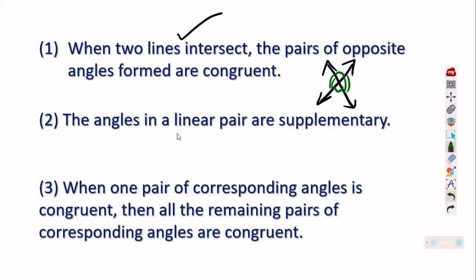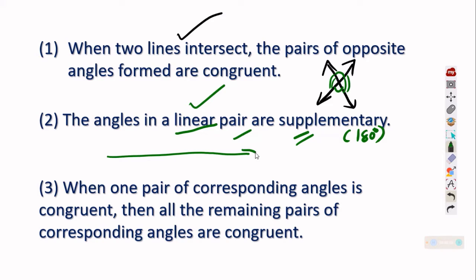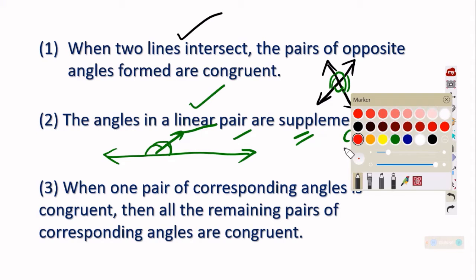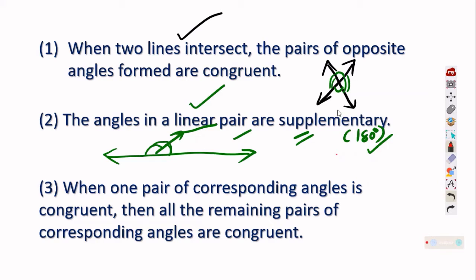The next thing is the linear pair of angles, which you studied, which are supplementary. Supplementary means having 180 degrees as its measure. As the name indicates, linear pair angles are those angles which are on the same line. Suppose this is a line and a ray is created here, it makes two angles. Here is an angle, here is an angle, and the total will be equal to 180. Hence we said that they are supplementary.